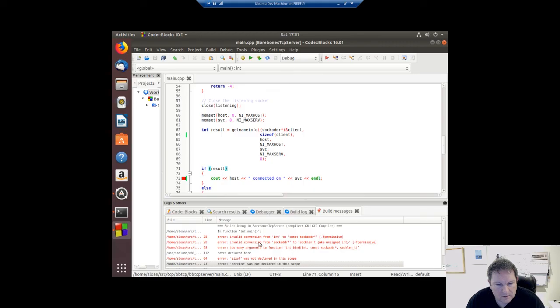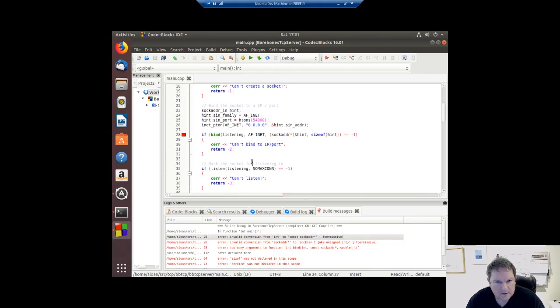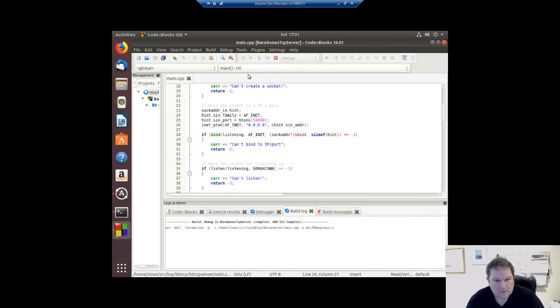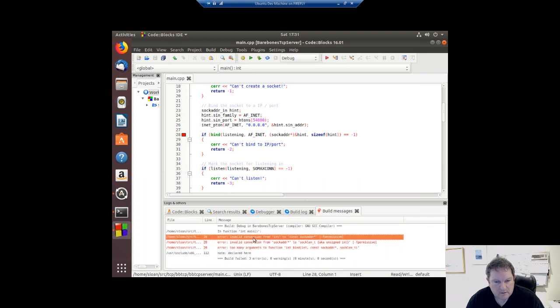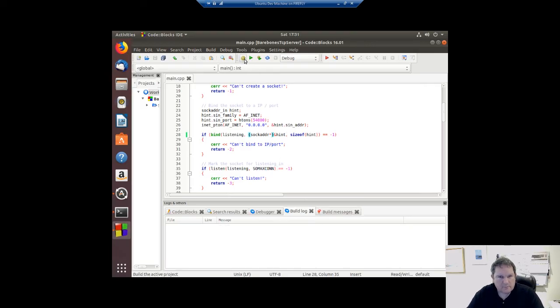And so the rest is on line 28. So if I rebuild again, maybe that'll just go. Nah, it won't. So it doesn't like that. So that's why. Okay. There we go. I didn't read that properly. Okay, so I want to bind this socket to this hint structure. That's why that's not working. Okay, so if I build this,